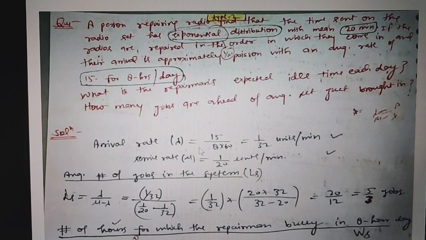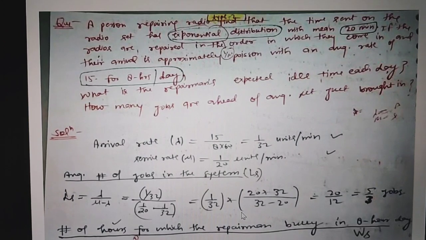Okay, so 15 is divided by 8, multiplied by 60 to convert into minutes, so it will give you 1.32 units per minute. Okay, so service rate mu is equal to 1 by 20, which gives us units in minutes. Now the average number of jobs in the system, that is Ls, we have to find out. Ls is nothing but lambda upon mu minus lambda. Put the respective values of lambda and mu, and on solving this mathematical expression, we will get